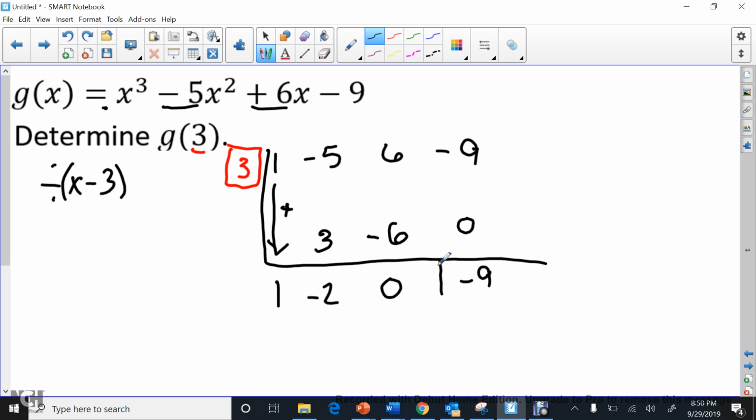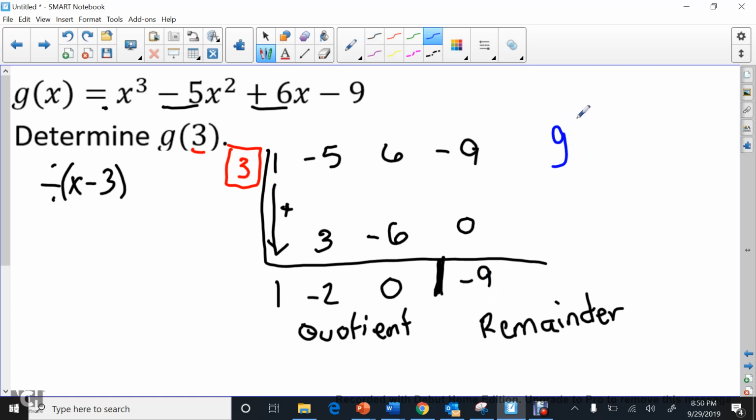Now you can see that I added a bar right here. This bar is what I use to separate my quotient, or the answer, sorry for the sloppy handwriting, from the remainder. And again, our remainder theorem says that whatever the remainder is the solution to our problem. So I see that my remainder is negative 9. Therefore, to answer the question, g of 3 is equal to